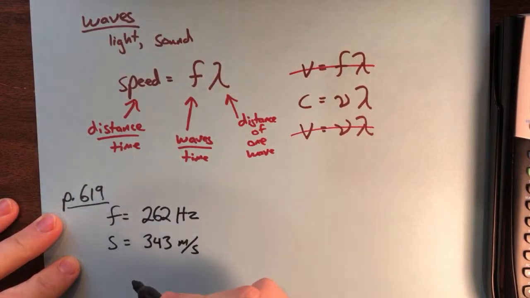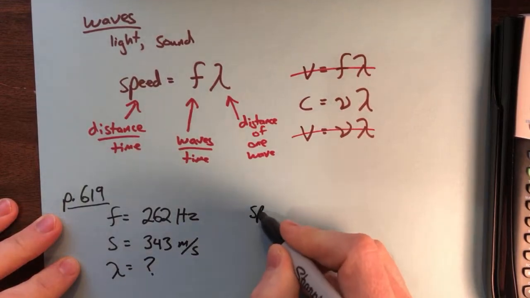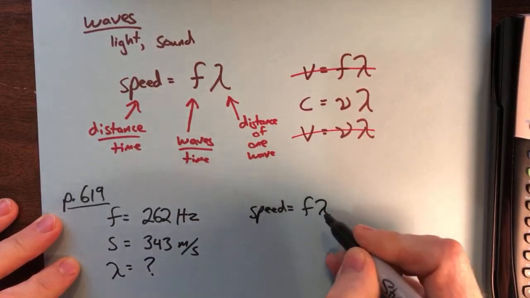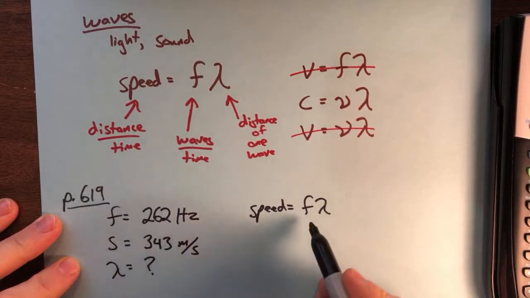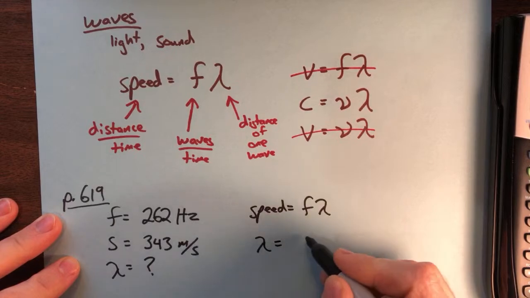And so the question says find the wavelength, so we want to know lambda, and we have the equation speed equals frequency times wavelength. And so for finding the wavelength, we just divide both sides by f. So the wavelength is speed